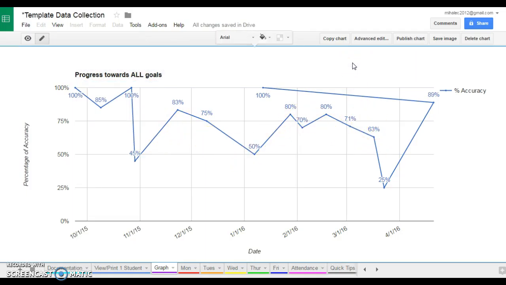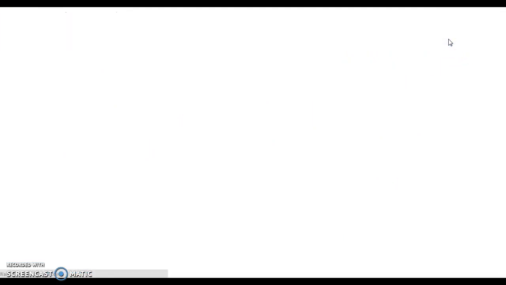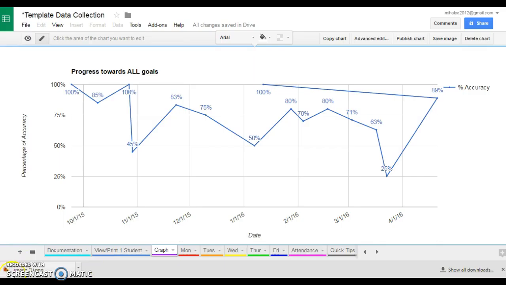Now, if you'd like to save this chart, you can click the Save Image button over here. As you notice, the file will download at the bottom of your screen. If you right-click on that, you can select Show in Folder. This will be where you change the name of the image. As of right now, it's titled Image in parentheses 1, and we want that to reflect the student's name so we know whose progress it is. So if you click Show in Folder,